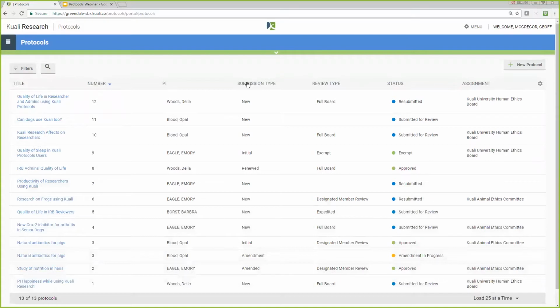In submission type, you can see there's different types of submissions. So just to give you an idea of the protocol lifecycle that we're currently supporting within the system, you can see we have new protocols. So these are protocols that have not yet been approved, but are somewhere in the process, either in progress or submitted for review, resubmitted. Initial protocol is a protocol that has been reviewed and approved, but it has not yet